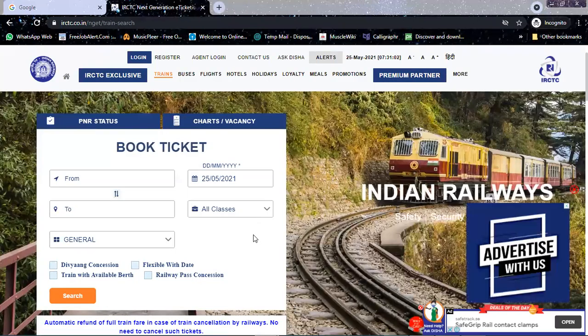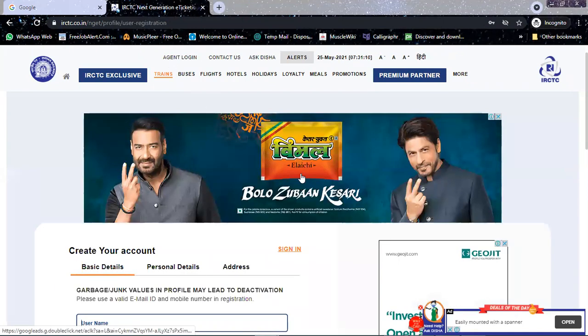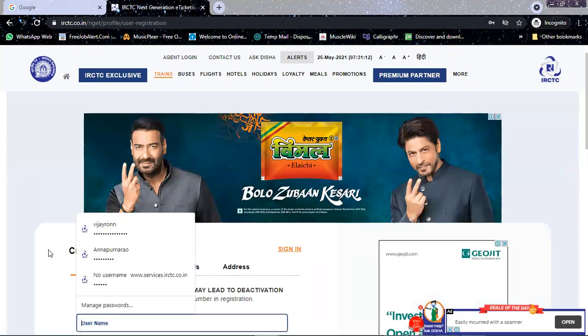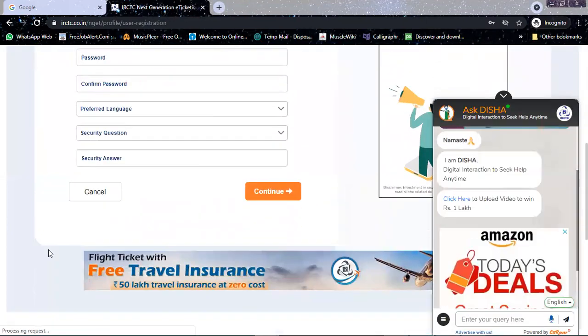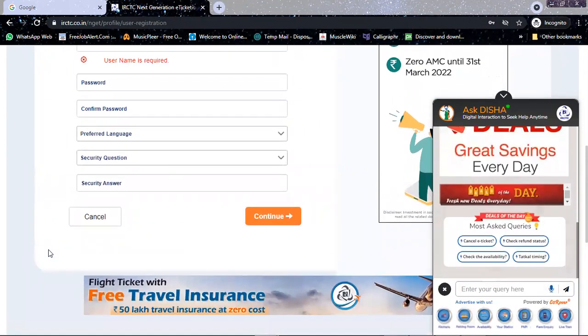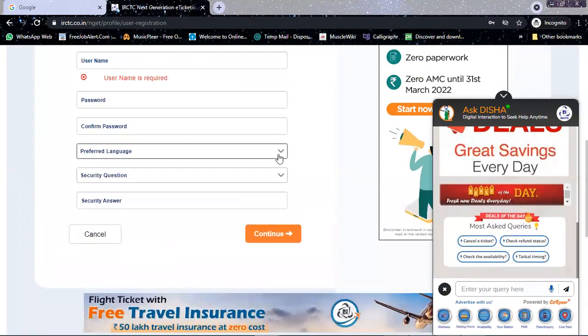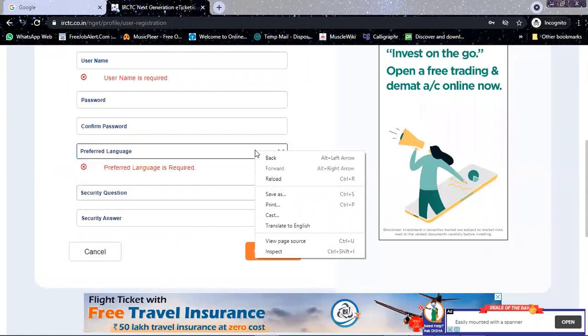Yes, sir. Go to the registration page. Scroll down. You see there are some drop downs, right? Preferred languages and security features. Right click and inspect that.